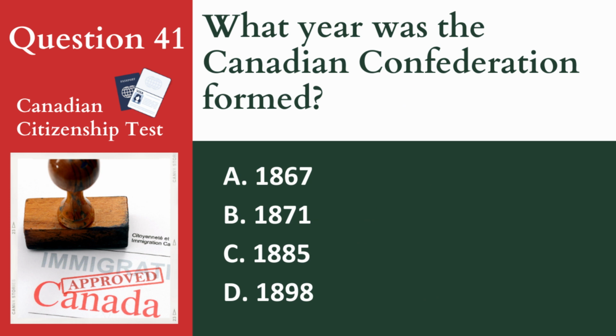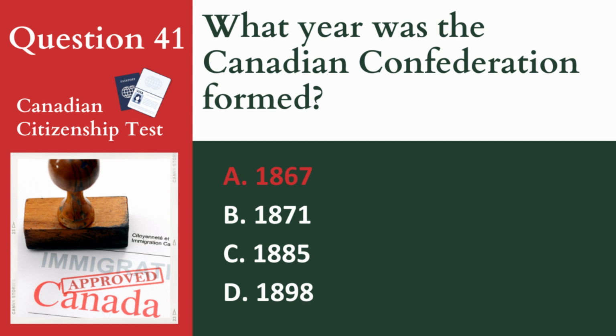Question 41. What year was the Canadian Confederation formed? A. 1867. B. 1871. C. 1885. D. 1898. Answer A. 1867. The Canadian Confederation was formed on July 1, 1867, when the British North America Act came into